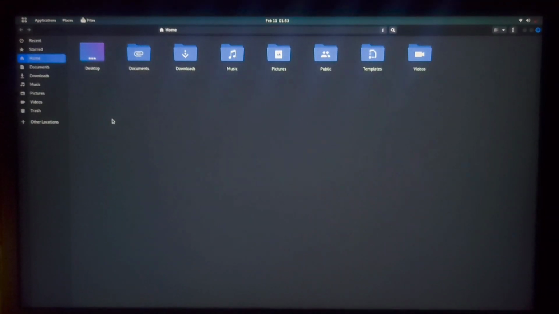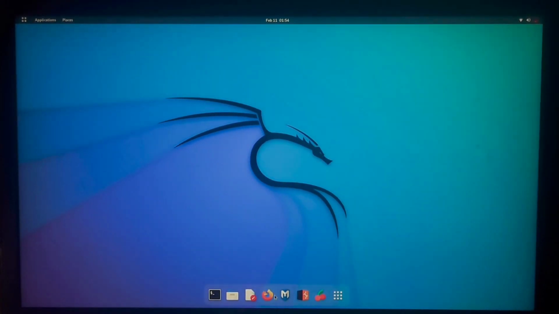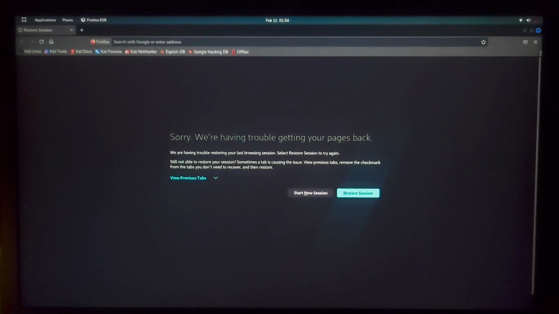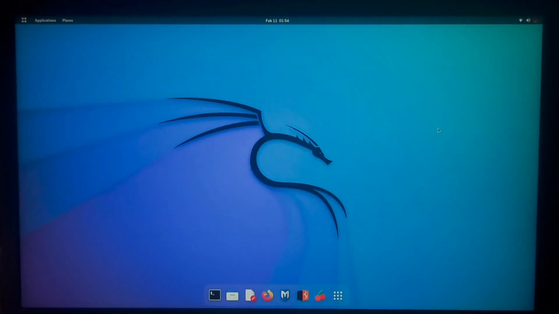In Windows you can say this is my computer, or a file explorer, whatever you can say. This is something like that. And this is Firefox browser. This is basically a whole operating system, but most of it is command line. So instead of using icons, we have to control it through command line. So it's a bit difficult and a bit tricky to operate.